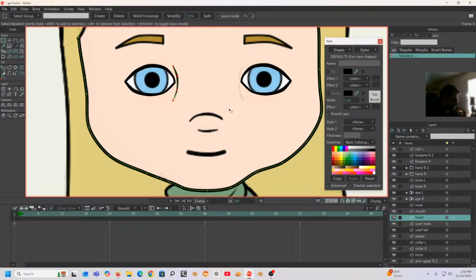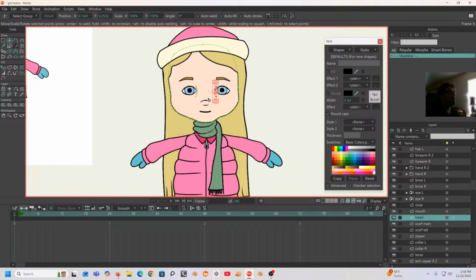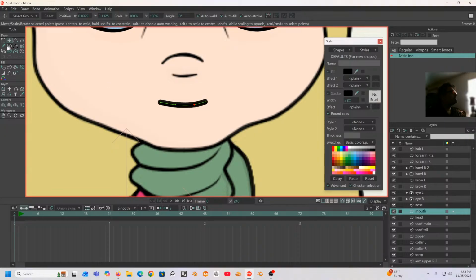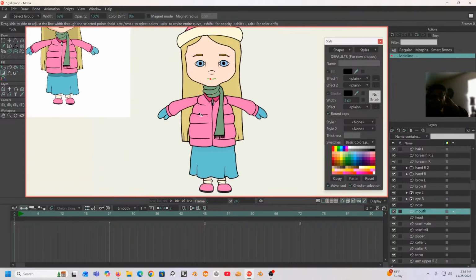And I'm just going to copy now, Control C, Control V, and you can see it's a different, actual different line here selected. We're going to flip it using the flip horizontally, and then move it over like that. So now I think the mouth needs to be a little adjusted, so I'm going to go here and just pinch the corners in to start with, like this. Not all the way, maybe slightly here because it looked a little bit wide, so I think that works. And this is the complete figure without